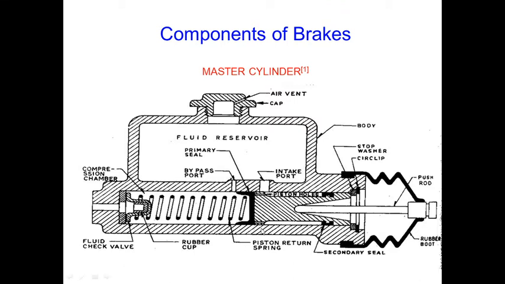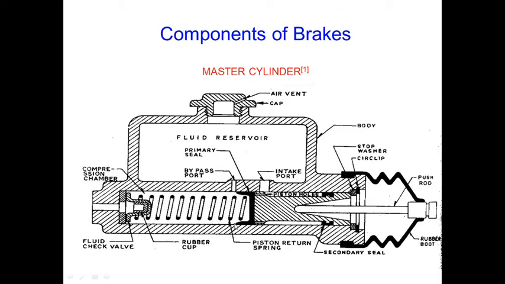So we first see the various components of this master cylinder. This is the push rod, this is the circlip for fitting this system in here. This is the rubber boot to prevent dust particles. This is the stop washer that stops this particular assembly. Secondary seal, these are piston holes. This is the piston, and these are piston holes. Inside this piston we have holes; we'll see the purpose. This is the primary seal, the black one is the primary seal.